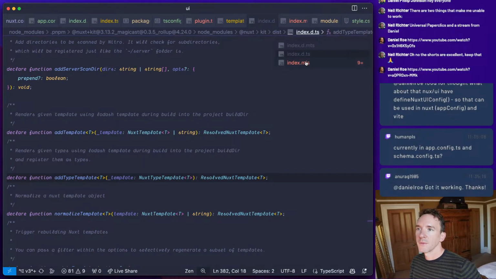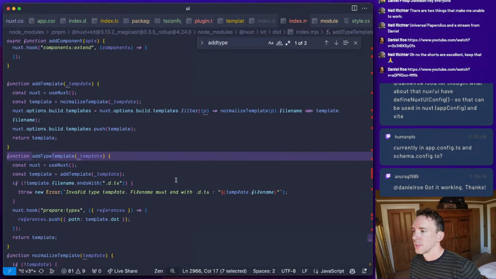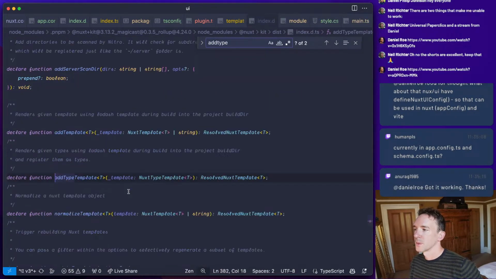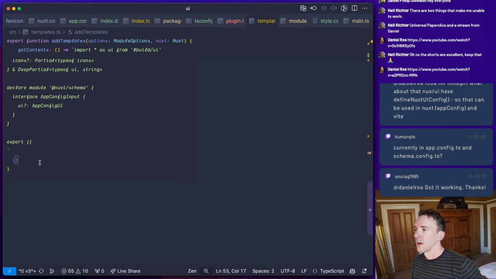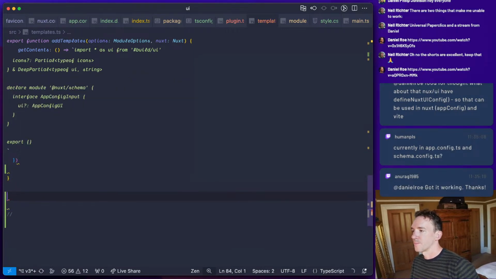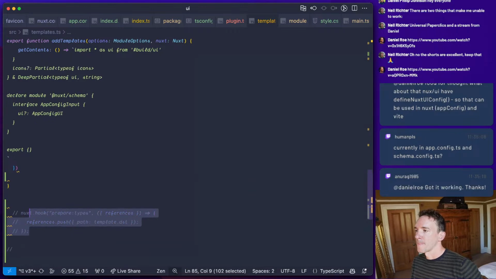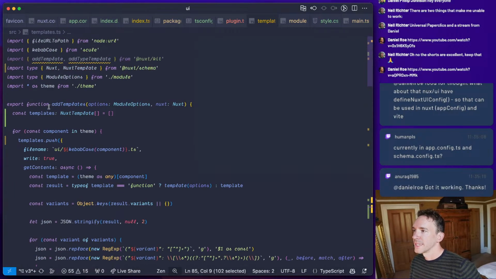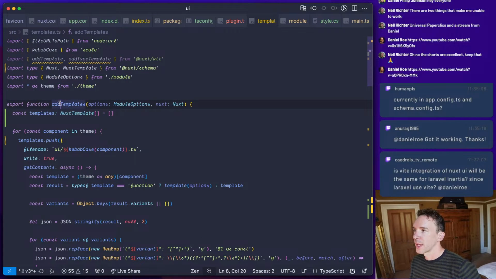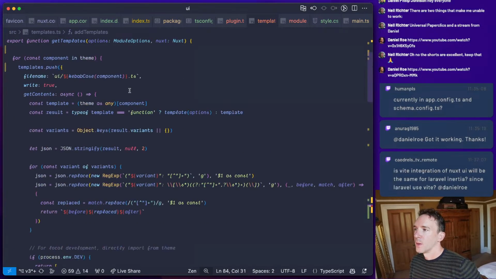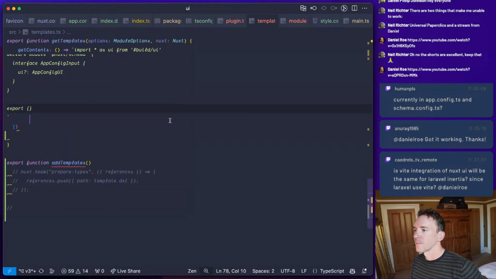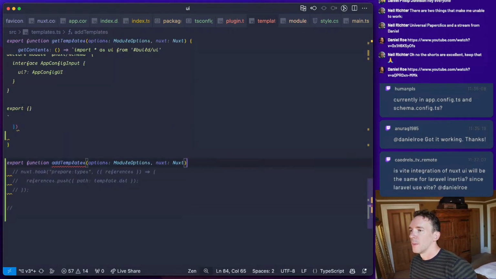Add type template is a little bit different because it also does this. And then basically what we want to do is call this get templates, and then we'll have export function add templates, and then we'll do exactly the same thing as before.